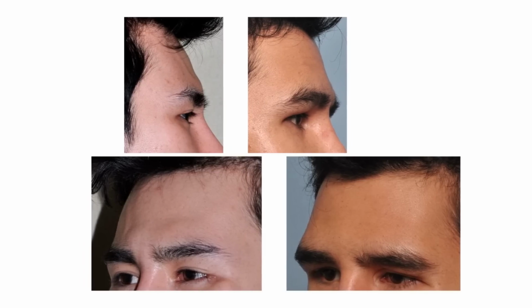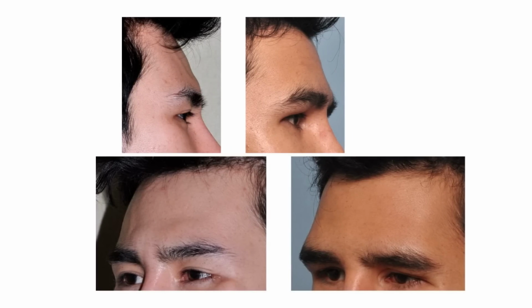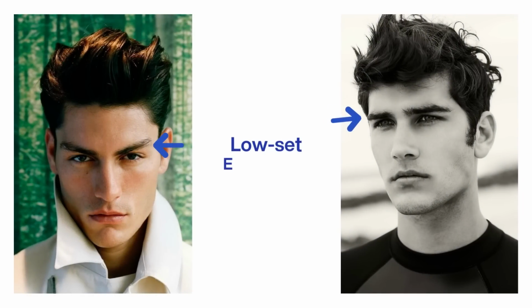However, keep in mind that there are risks involved with supraorbital implant surgery, such as infection, bleeding, and implant rejection. It's important to discuss your individual candidacy with a qualified plastic surgeon to determine if supraorbital implants are the right choice for you. Lowering your eyebrows can give the illusion of a prominent brow ridge and make you look more